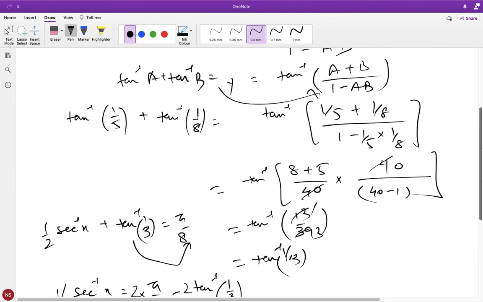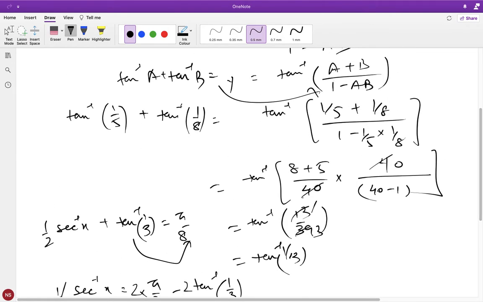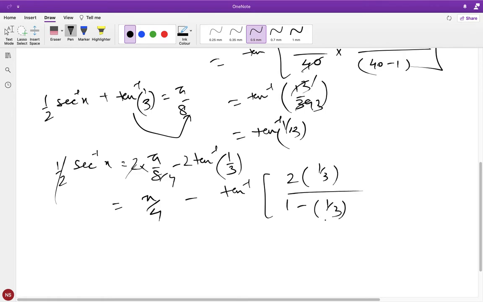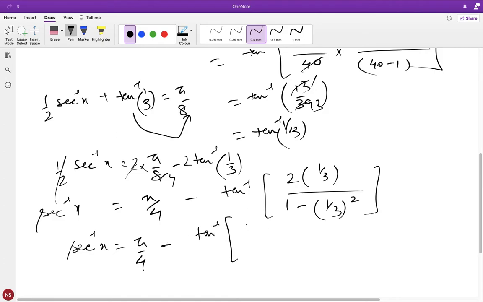Now as I had seen, tangent inverse of a plus tangent inverse of b is equal to tangent inverse of a plus b by 1 minus ab. If b is equal to a, this will become 2 tangent inverse of a, which is equal to tangent inverse of 2a by 1 minus a square. So subsequently, this will become tangent inverse of 2a by 1 minus a square, that is with a as 1 by 3. So secant inverse of x is pi by 4 minus tangent inverse of 2 by 3 by 1 minus 1 by 9,